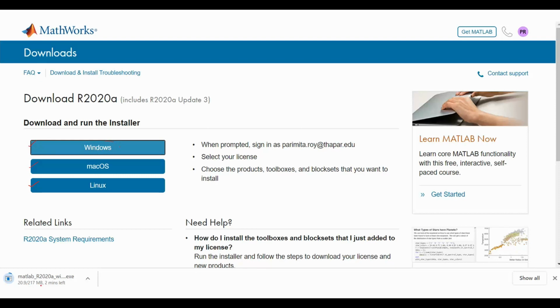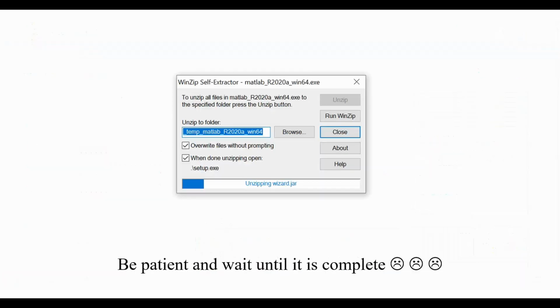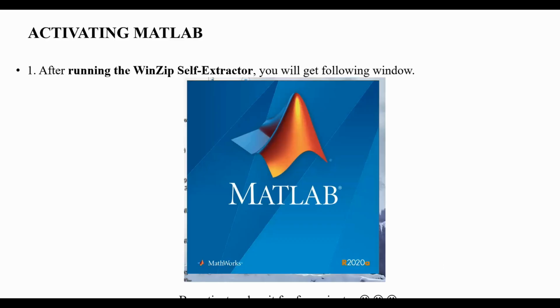So wait a few minutes, and when the download is completed and you open that, you will see a window, a WinZip self extractor, starts running. Then again wait a few minutes until it is 100% complete. After it is completed, this window will appear automatically, and you again need to wait